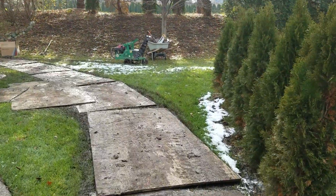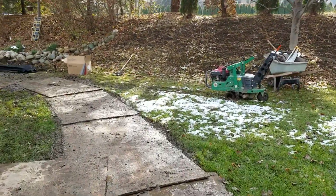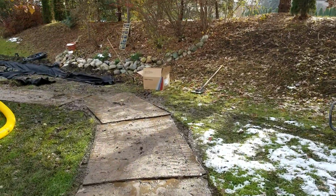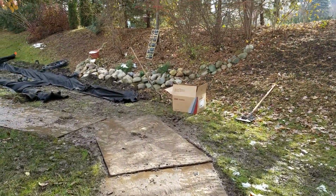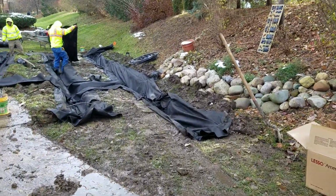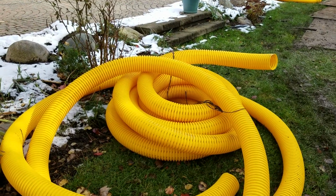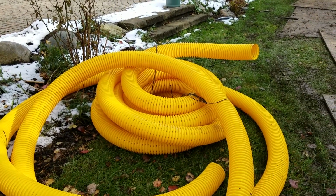We'll get frost 2-3 feet deep, depending on the winter we have. We put the plywood down, that way you can distribute the weight of the machines, to be the least invasive to an installation as possible. Once we get all the pipe in, all the stone on top of the pipe,